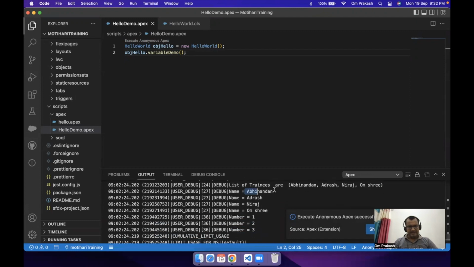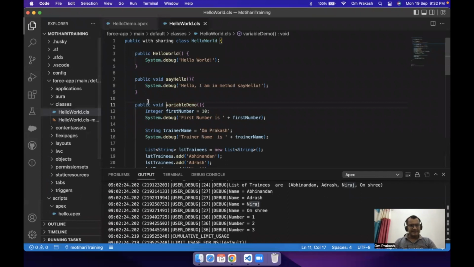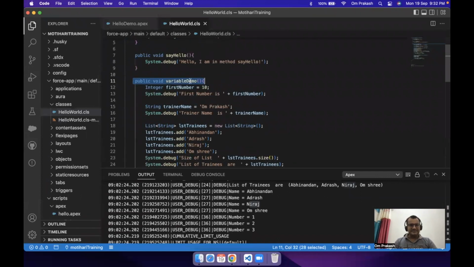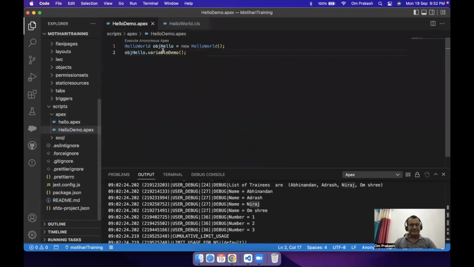Everything is the same. Name equal to Brendan, others, Neeraj. How is this code working? Let's see the flow. HelloWorld obj equal to new HelloWorld. Then inside this HelloWorld there is a method variableDemo, and this method is called with the help of this